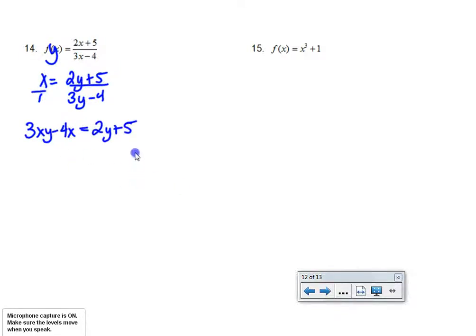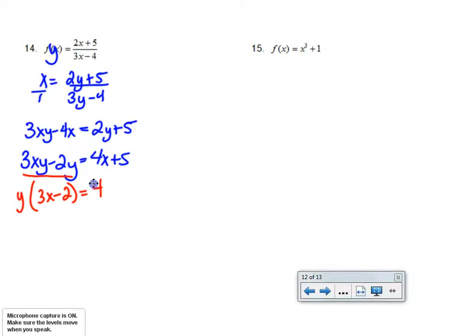Now because there's 2 x's in the problem, I want to isolate them. What I'm going to have to do is group them together on the same side and eventually factor them out. So I'm going to subtract this 2y over and get 3xy minus 2y. I'm going to take this 4x, which is not a y term, and add it to the other side. 4x plus 5 or 5 plus 4x, it does not matter. Now because there's a common y in between these terms, I'm going to go ahead and factor the y out, leaving me with 3x minus 2 equals 4x plus 5. And then to isolate that y, if I divide both sides by 3x minus 2,